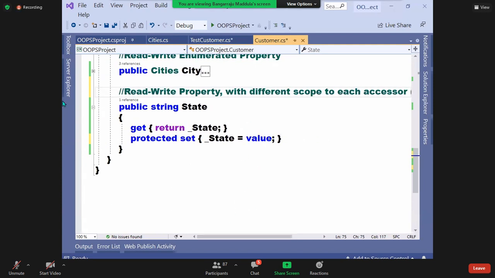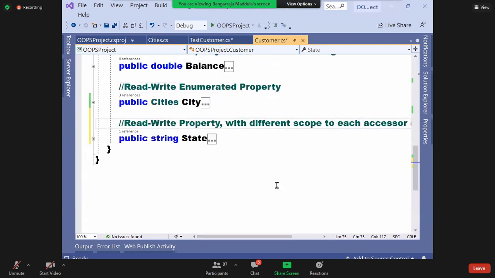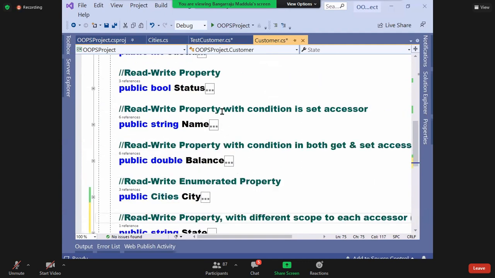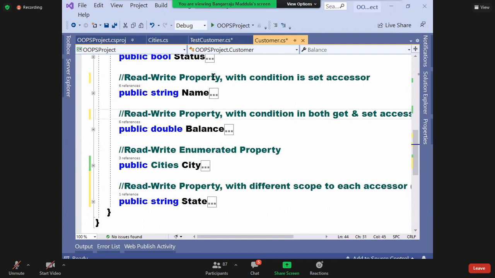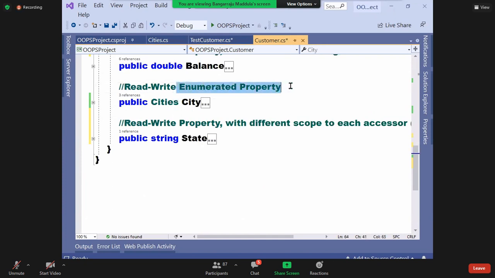I'm writing each property in a different style. Here we wrote a condition in set. Here we wrote a condition in get and set. Here we went for an enumerated property. And here, a different scope to each property accessor.